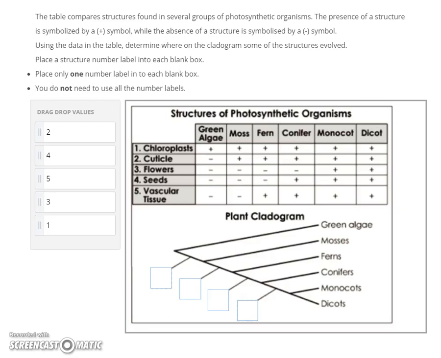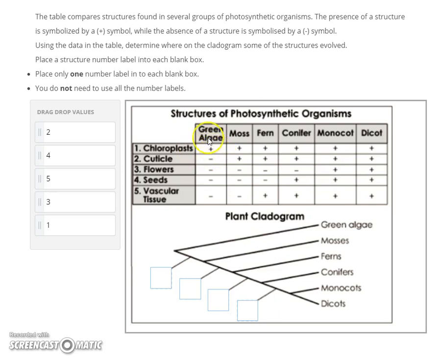Alright, we are going through the biology air practice test, and we're picking up here with number 33 on the test. So this is a cladogram. This cladogram is based on a chart listing some common features of different photosynthetic organisms, different things related to plants